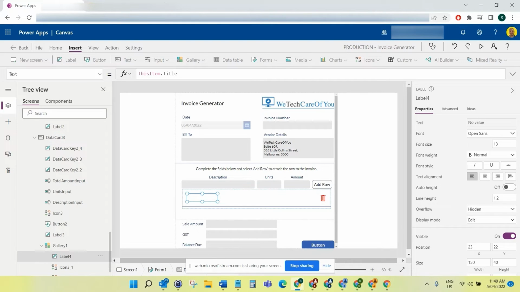Now I'm just going to insert this first one. Now in the text of this first label,